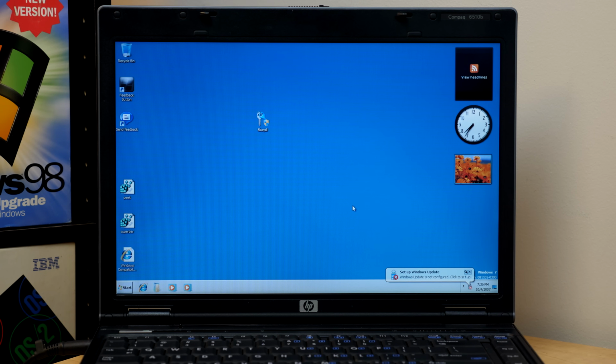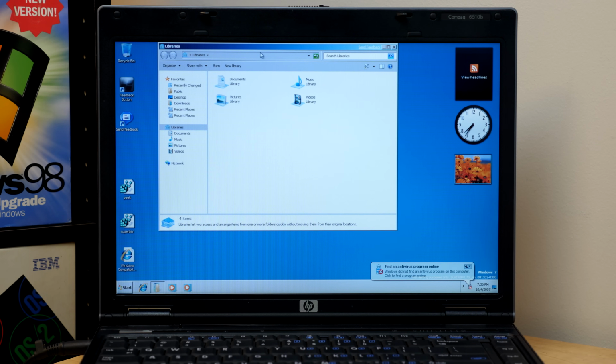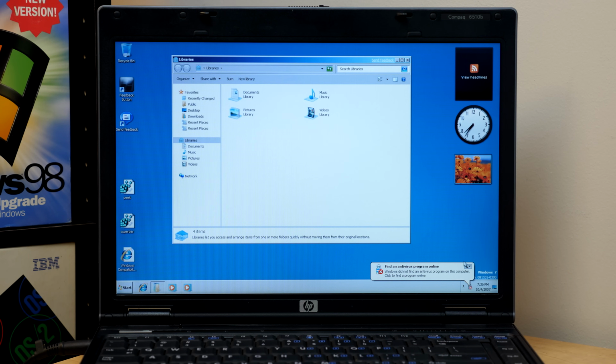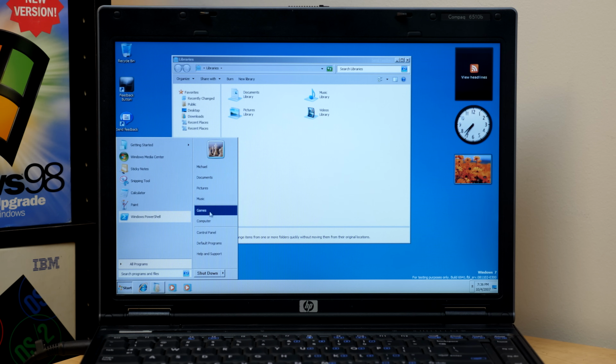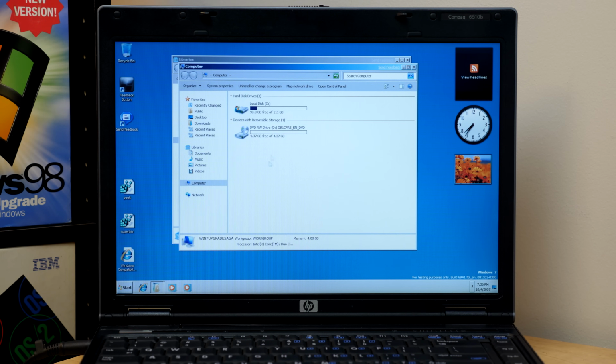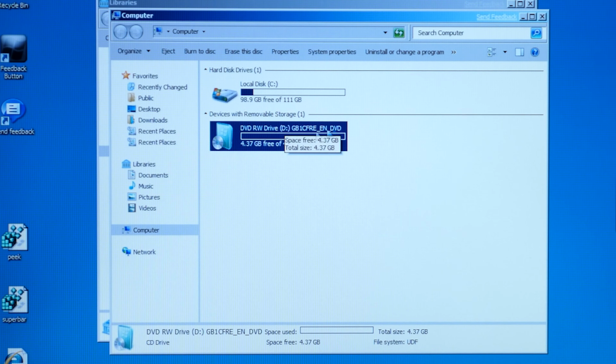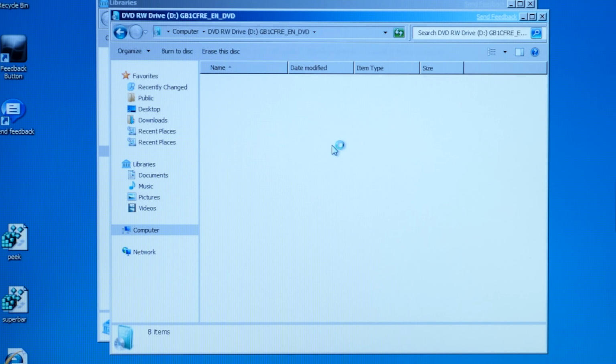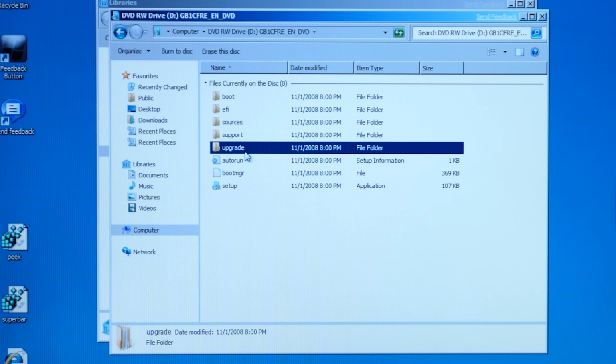And the upgrade folder, which if I were to go into, oh, and look at this, for some reason applied the old Windows Classic theme here. That's interesting because we had the Windows 7 theme applied. But anyways, if we go into, gosh, computer is still not in the sidebar here. That is annoying. It shows up when you open up computer. So there it is. First of all, you see this string of text as the actual name of the DVD, right? So take note of that. We're going to open this up, and you see there's this upgrade folder, right? If I were to put in the Build